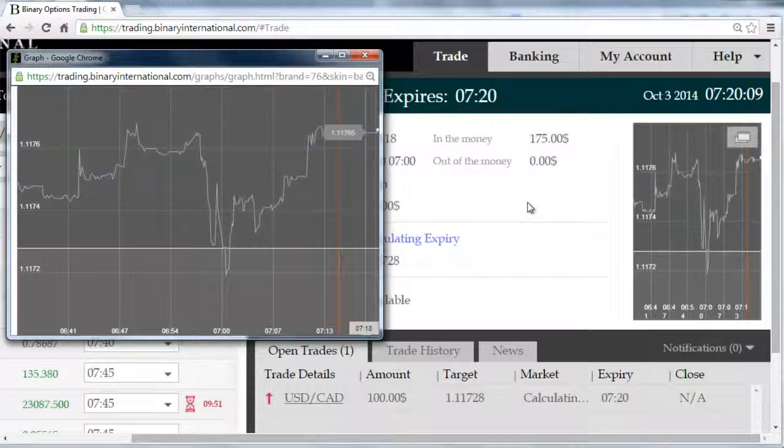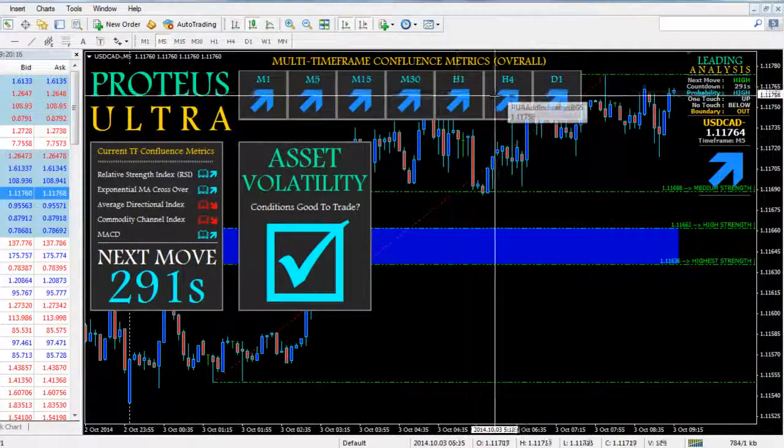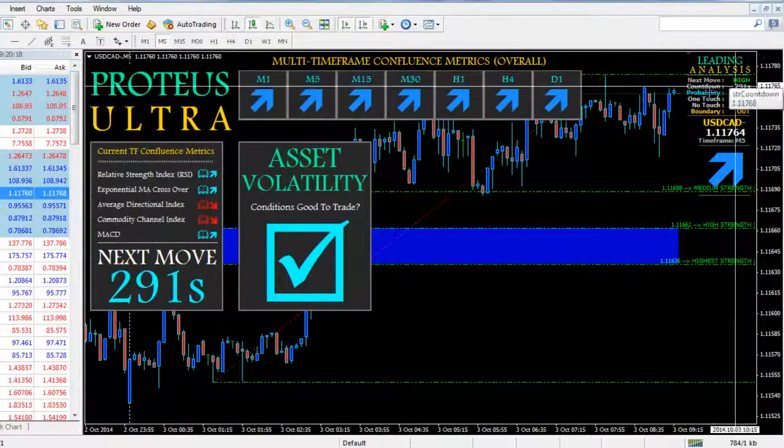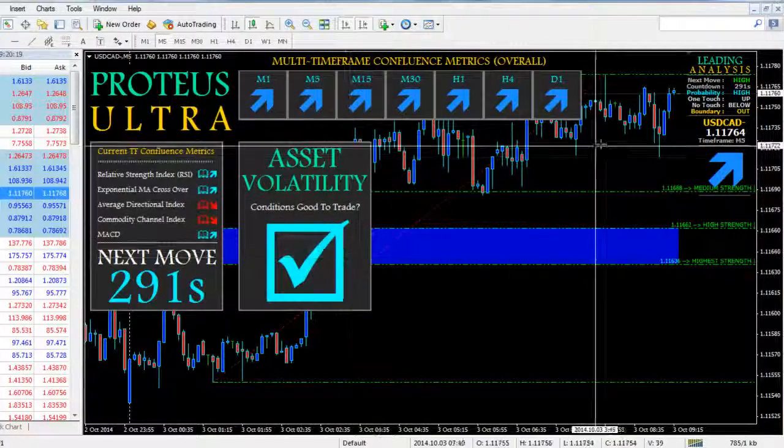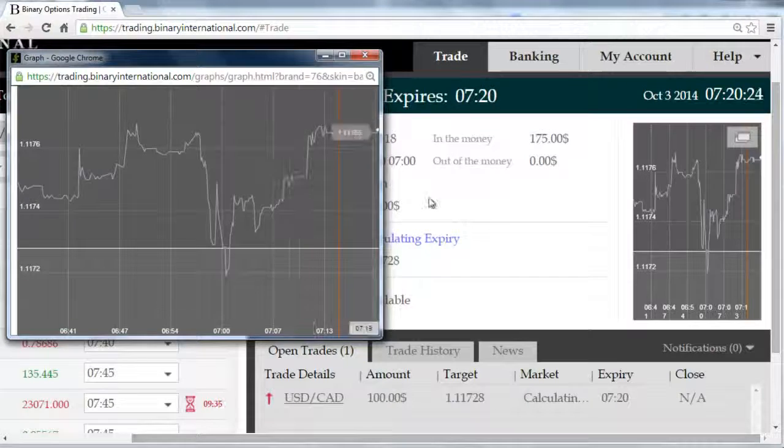Followed by that dip to the short side, we immediately saw a long side continuation going in and completing inside the money zone here comfortably on this 20-minute expiry on the USD CAD. The trade has now expired for a $75 net return, on a gross return of $175 based on an investment of $100 on this trade. Once the platform completes calculation of expiry, the $75 will net itself on the account, releasing the funds and